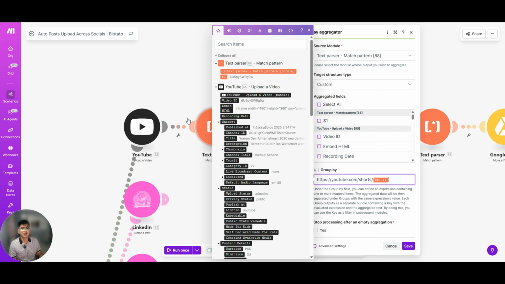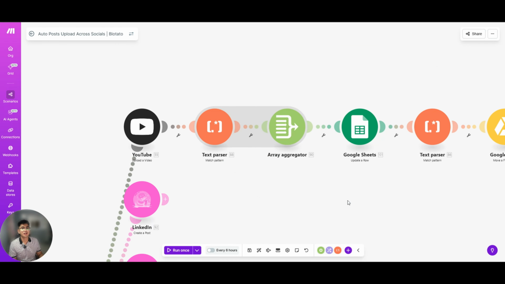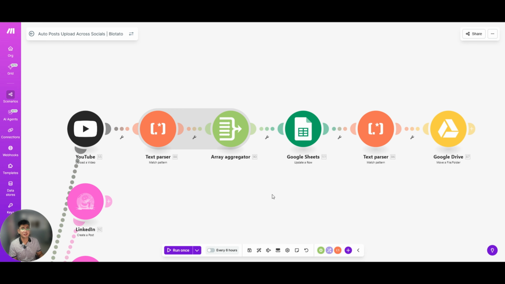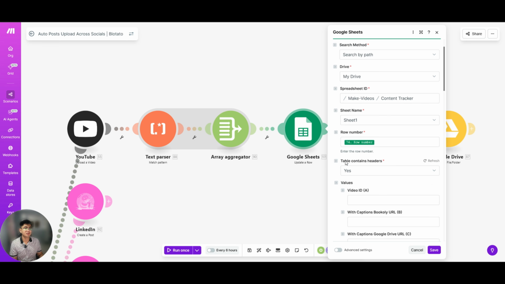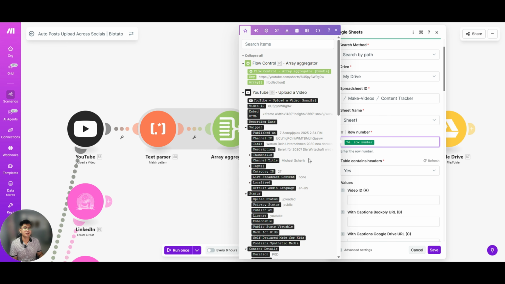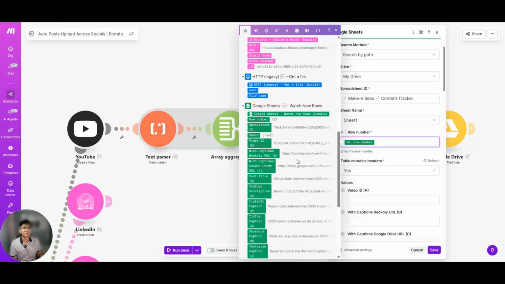So now we will have a clean YouTube Shorts link, which finally I write back to Google Sheets so my client can open the uploaded short instantly. So no hunting in the YouTube Studio. You just need to map it here, and then you select the row number from the first Google Sheets Watch New Rows.